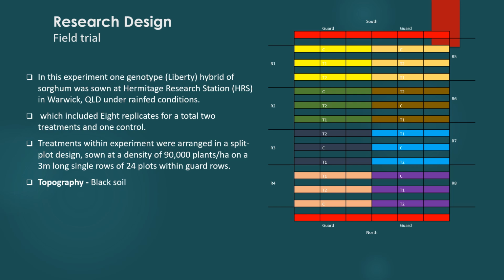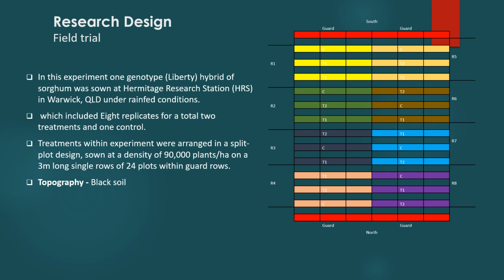Research design. I will complete my experiment in two different trials working with the same ideology. I have already completed the first trial of my experiment in the field at Hermitage Research Station in Warwick. I performed my experiment with a single genotype, that is Liberty, which included 8 replicates for the 2 treatments and 1 control. In this trial I used a split plot design for cultivation with the crop density of 90,000 plants per